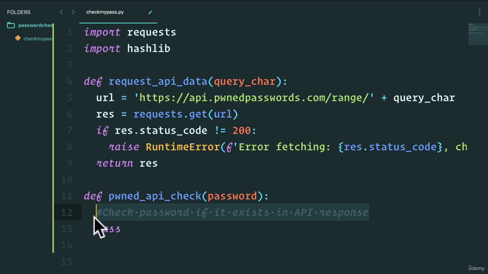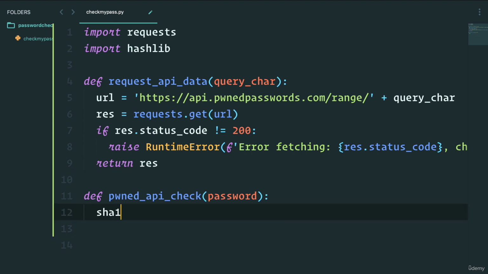In here, what we're going to do is, first of all, I want to be able to hash my password. So let's remove the pass here and say SHA-1 password. And we can use the hashlib like this, hashlib.sha1, which is the hashing algorithm we want to use. This is going to be a little tricky, but you can just read the documentation. I'll just show you how to do it. In our case, we can do password, and we want to encode in UTF-8,